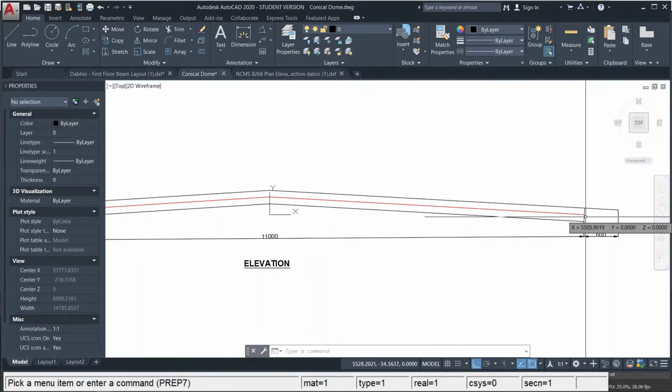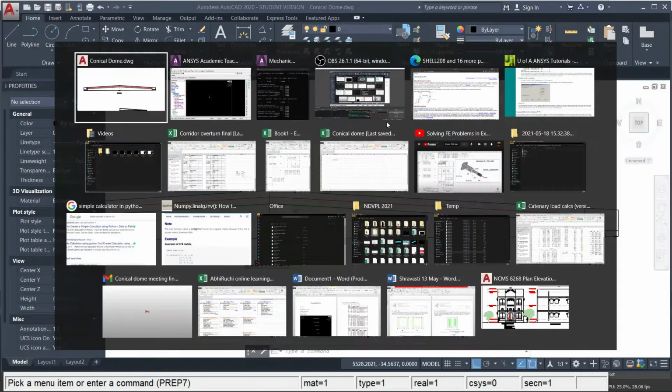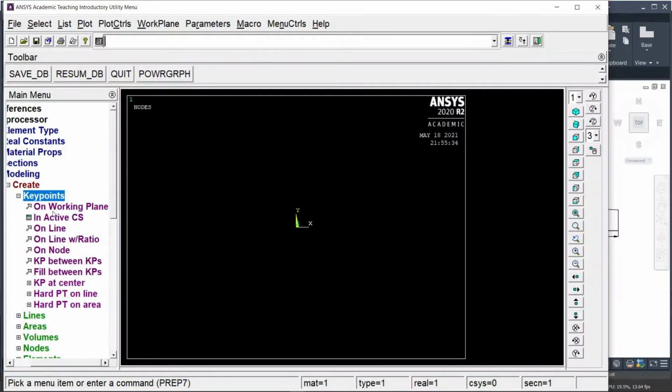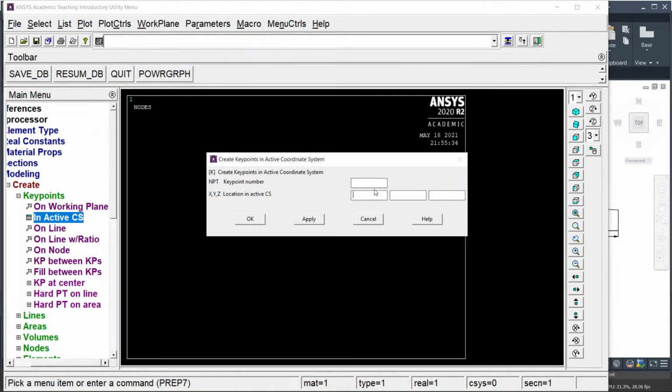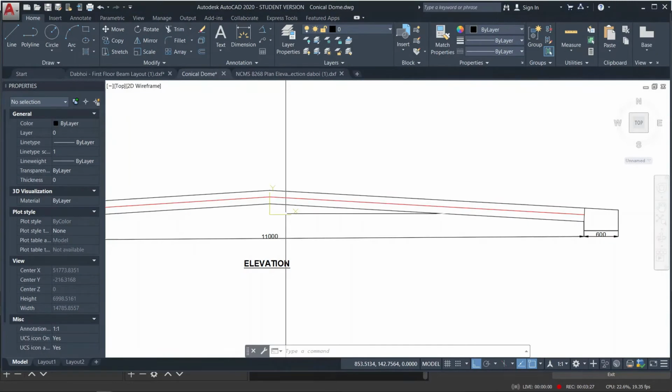That's 5.5 and 0. So let's make our first key point. That would be 5.5, and if we don't write anything in the y, it will be considered as 0. Then the rise is of 300 mm, that is 0.3 meters.